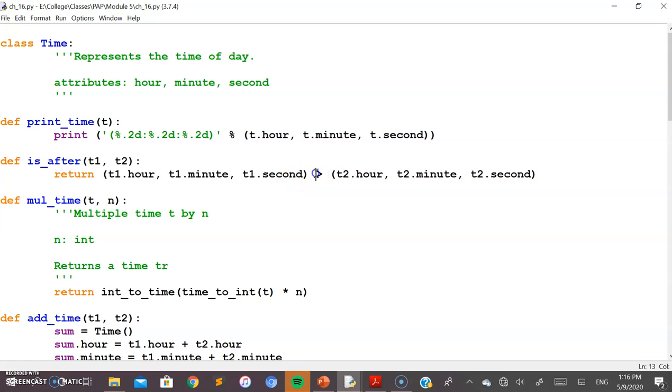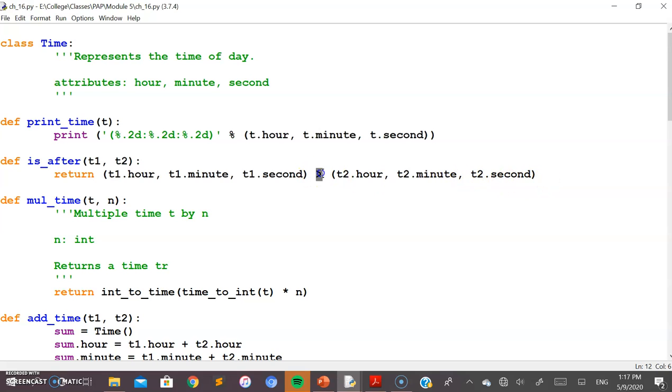Here a greater than comparison operator has been used, and the second operand for this comparison operator is another tuple whose elements are the attributes of the t2 object: t2.hour, t2.minute, t2.second.